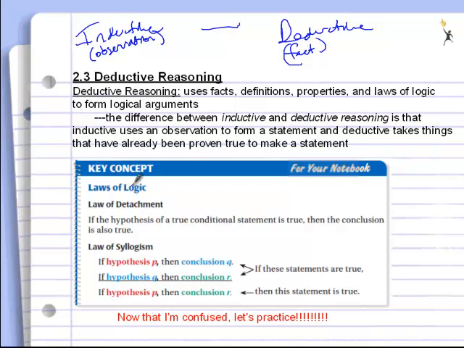There are two different laws that we use in deductive reasoning. These laws of logic, again, deductive reasoning uses laws of logic. There are two. We use the law of detachment. The law of detachment takes a true statement. Okay? It has a hypothesis and a conclusion, and it forms a new statement out of that. For example,